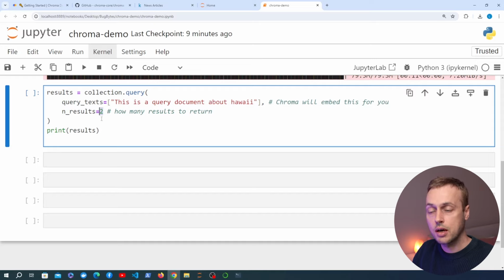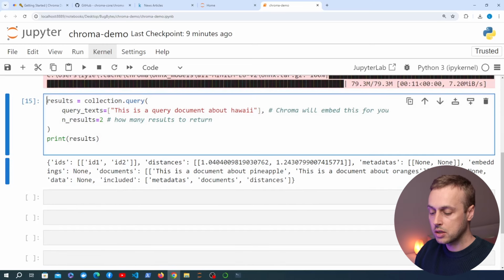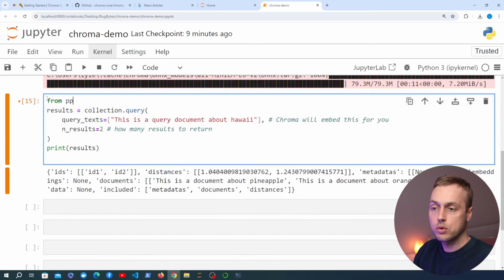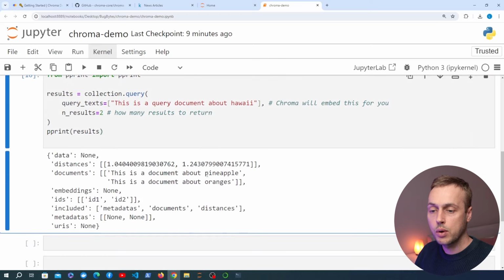In other words, the vectors that have the smallest distance to the query vector. So let's execute this, and we get back the results here. In order to see these better, I'm going to import from Python's pprint module the pprint function, and that stands for pretty print. We can then use that function here, and it's going to print this out in a way that's a bit